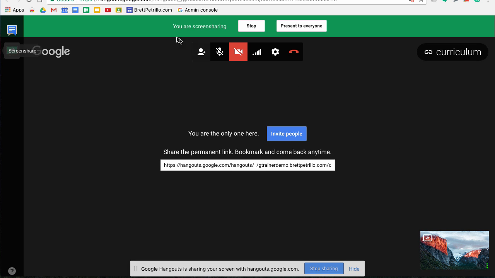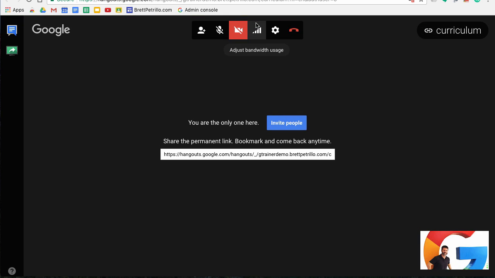And you'll notice that up here it tells me clearly with this green bar that I'm screen sharing, and I can present that to everybody, meaning everybody sees it as the main image on their screen. And when I'm finished, I can just hit stop for the screen sharing. And there's also the option down at the bottom as well. Now I'm going to stop my screen share. You see that pops up, but now you'll see